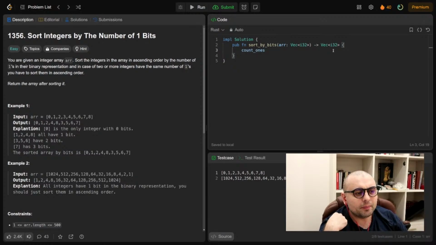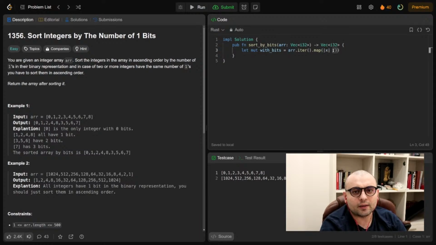So probably what we'll need to do is first create our vector. We can do something like a mutable with bits, and then we'll have array iterator map